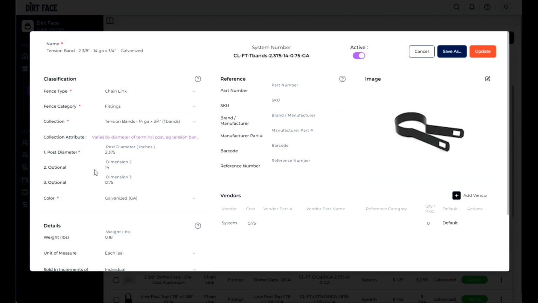The next two sections are optional for this type of component. They don't affect any algorithms in the app. You can leave them blank or use them to store extra information like material gauge or width. This additional information can help you identify the parts with only the system number. The last section represents the color. The system number is designed to be predictable and intuitive, so you can understand what component it represents just by